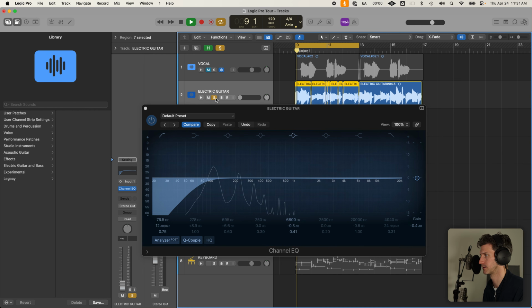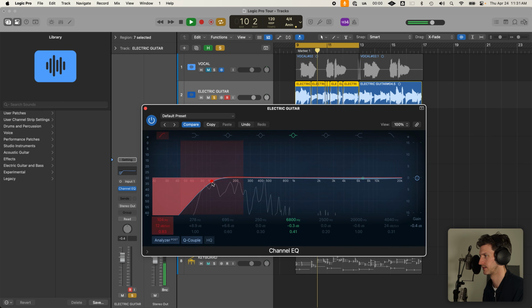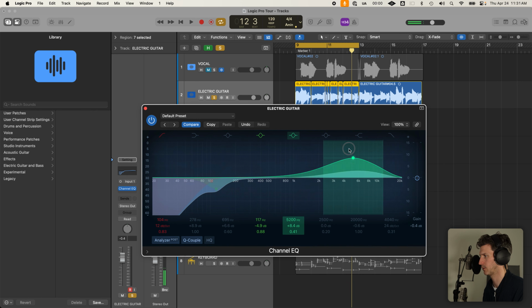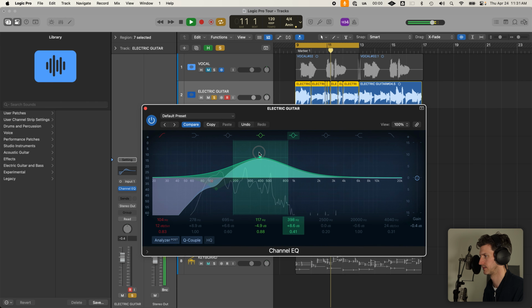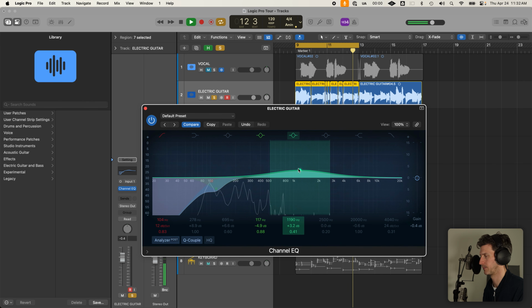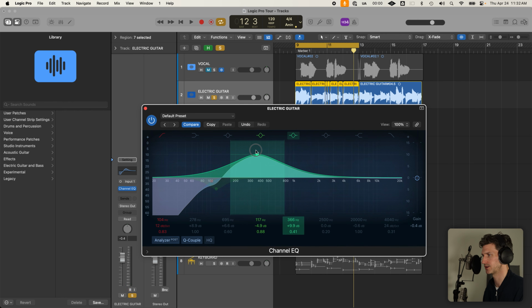So let's have a listen here. It's like wondering why I can't hear anything because I turned all the volume down. And I'll just lower this range a little bit by doing a shape like this. And let's say I want some more brightness, I could, in this area. This is also known as sweeping frequencies, which can be helpful, because I'm increasing frequencies at this range,